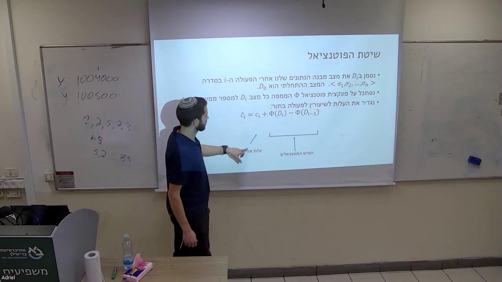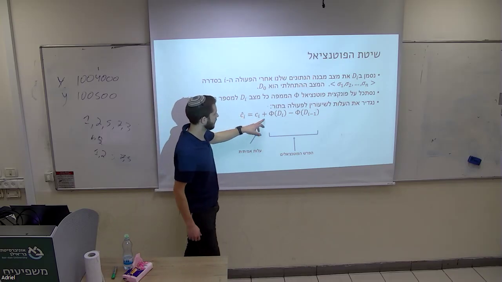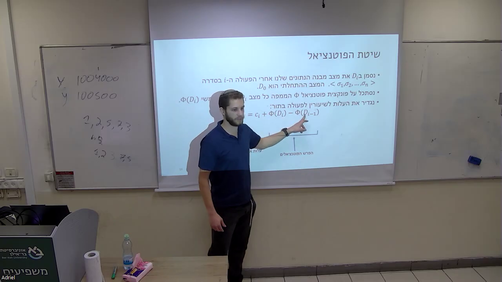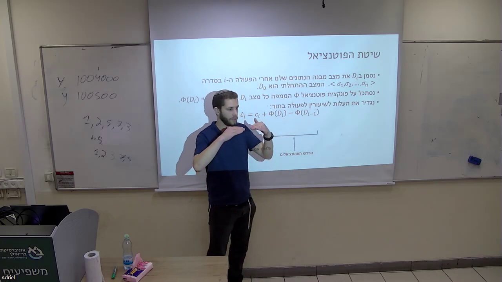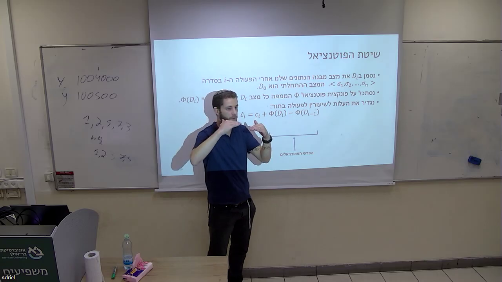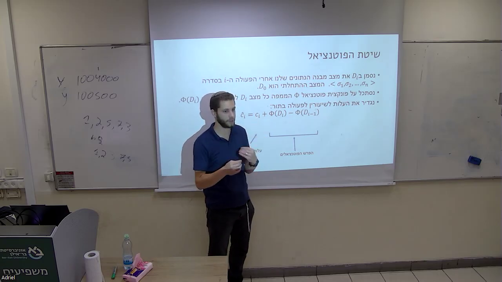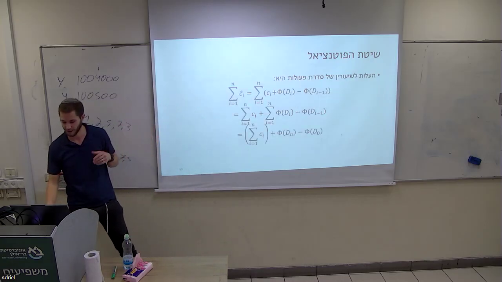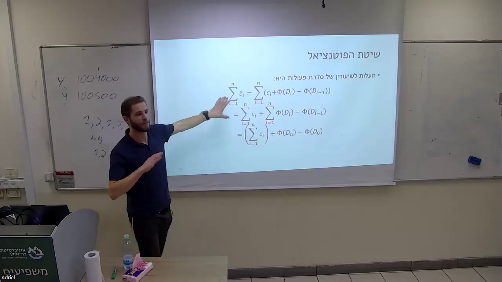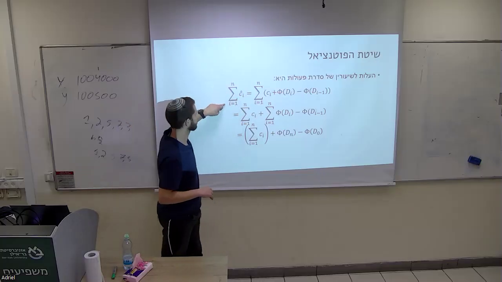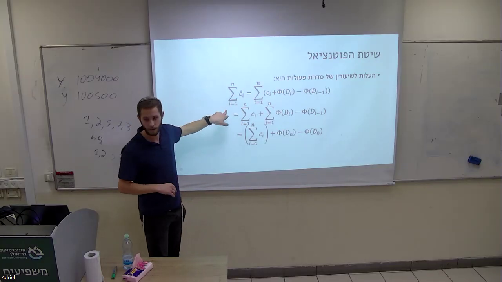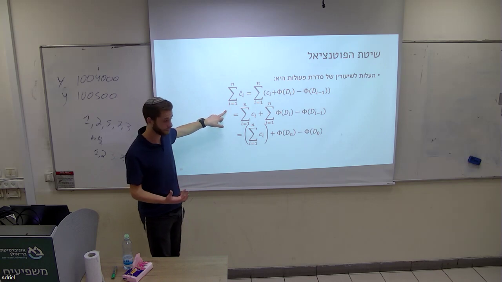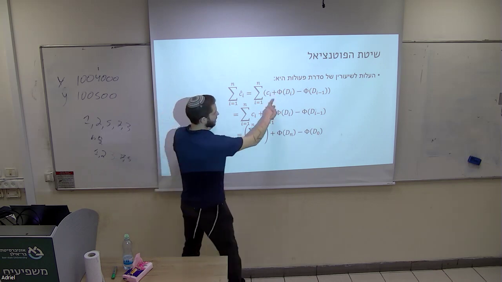Okay. So this is our actual cost, and this is the difference between potentials. Like if we are on a building and we move one floor up, we increase our potential energy. If we move down a floor, we use some of our potential energy. There's a lot of examples. This takes a while to get. Now, before you freak out, this isn't so complicated. This is the sum of all the operations in amortized, which equals, by definition,